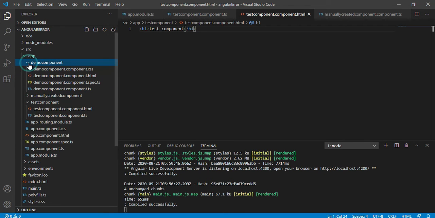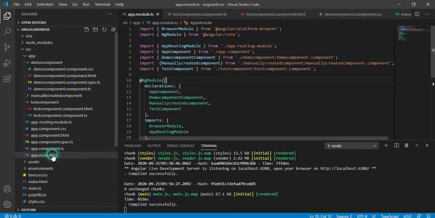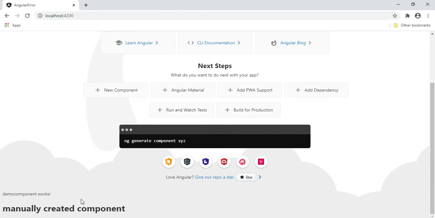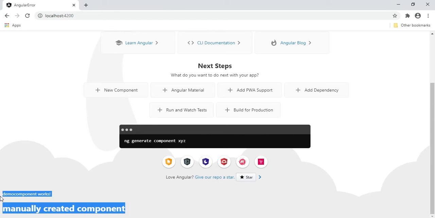Similarly, I created this component by CLI, where it will automatically create all the CSS and HTML, and it will automatically map to our app.module.ts file. So when we run this, so I ran this one. If you see, this part is automatically mapped with my